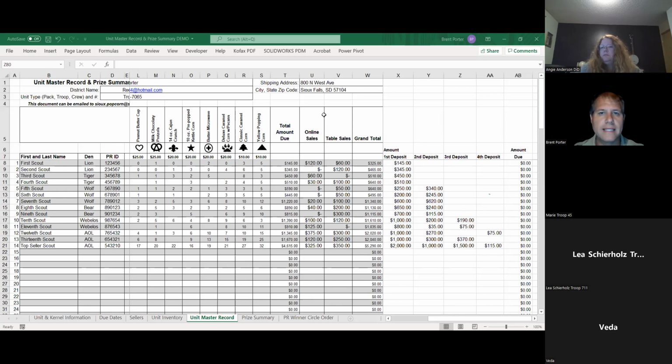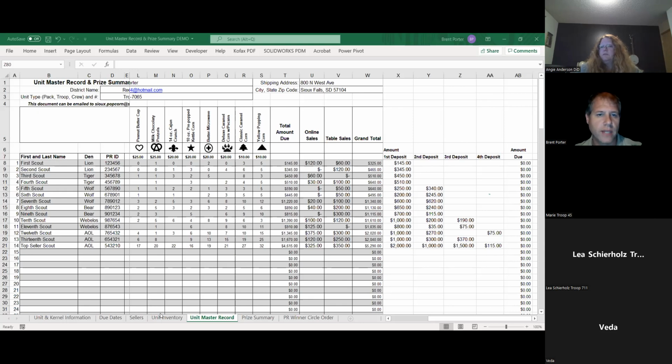She's the one that monitors the email, sioux.popcorn@scouting.org. So she works at the council office in Sioux Falls. She's really busy this time of year, so she prefers we send everything popcorn related to one email so she can monitor one email instead of having to jump back and forth between all these different emails. So the Facebook site is Sioux Council Popcorn Exchange, and Linda is the person in charge through the council that's ordering all the popcorn. So what are we permitted to return?